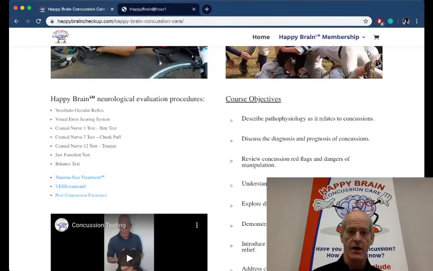If there's a loss of balance, if there is a difficulty in focusing on the target, those are signs and symptoms that can be aggravated by that, including dizziness or a headache or brain fog. So if any of that occurs when they do that at 1 rotation per second, you're done